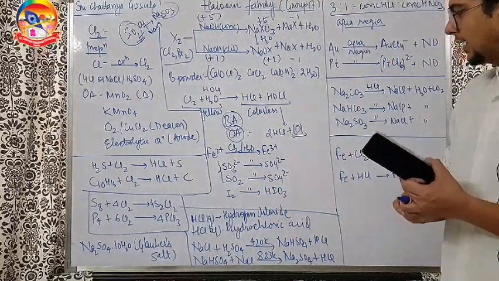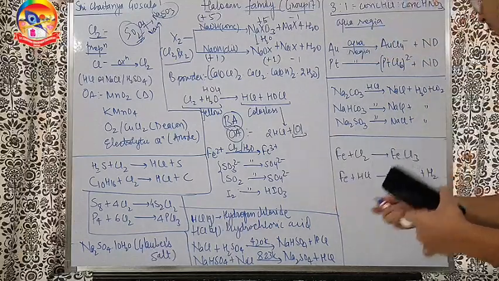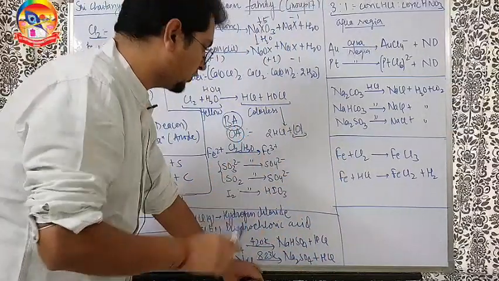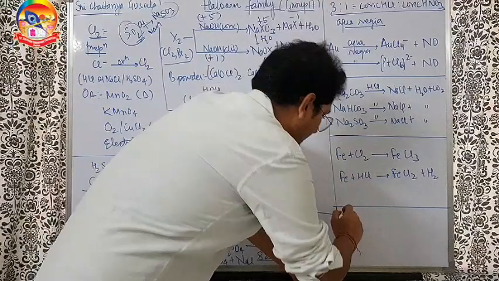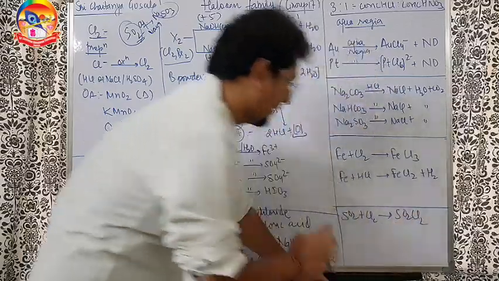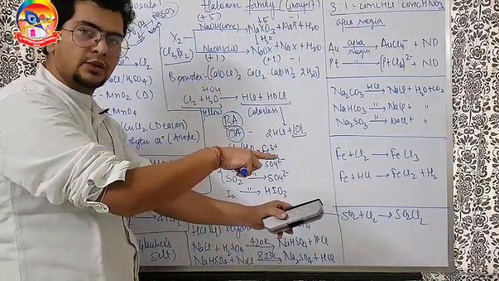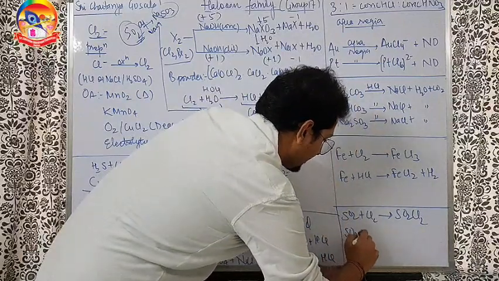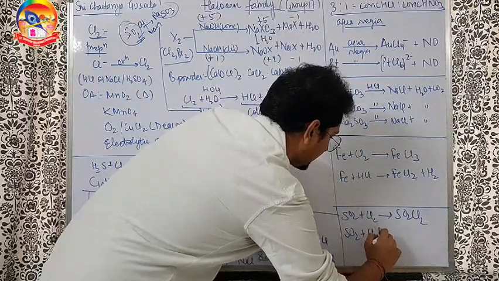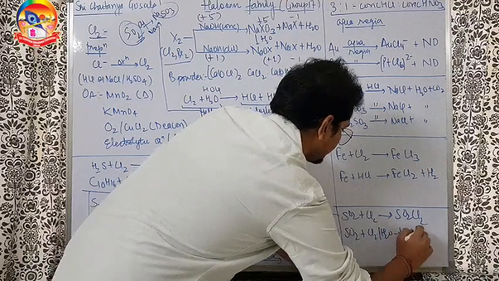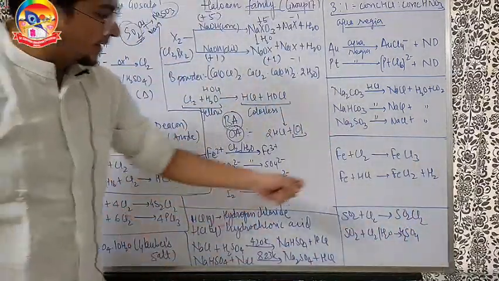Here one thing I want to tell you, apart from this part, one more thing is there that you might be feeling a little bit confused about in case you have read the previous chapters properly. So here, look, SO2 with chlorine and charcoal, I told you, gives SO2Cl2 in the oxygen family. And here I am telling you SO2 with chlorine and water is giving us SO4 2 minus, or H2SO4 I can say. So you have to understand here they both are the same.